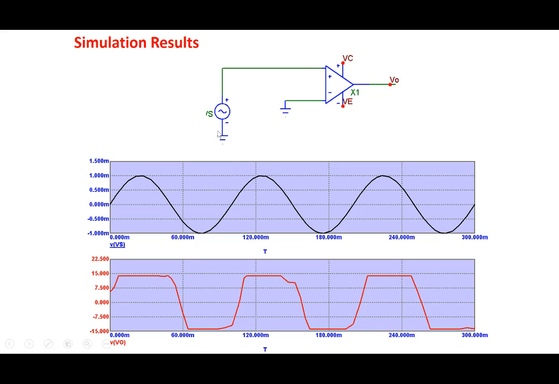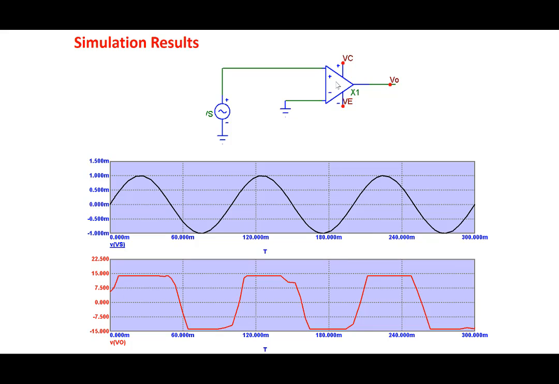And therefore, our amplifier is not working properly here. This is saturated here, this is saturated here. One of the conditions for an amplifier to work properly is that the output should look like the input. And the output doesn't look like it, it's totally distorted. Because the gain of this amplifier is so high, 10 to the power 5,